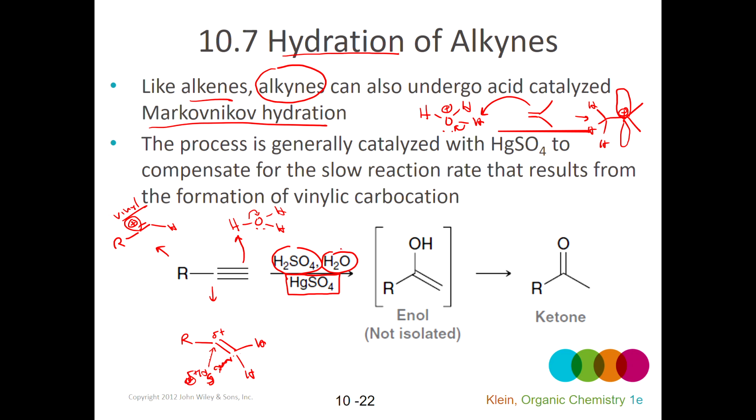It still would, though, allow the water to come in as a nucleophile and end up in the Markovnikov predicted position. So after the water comes in, this position here,